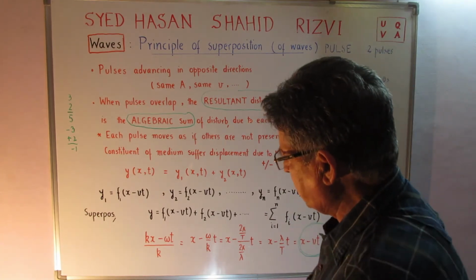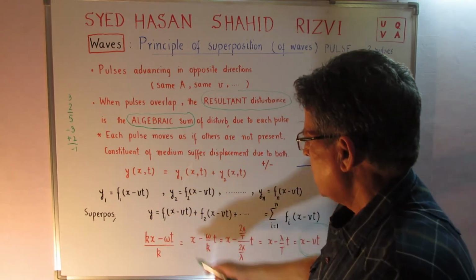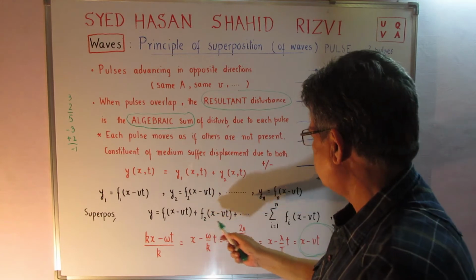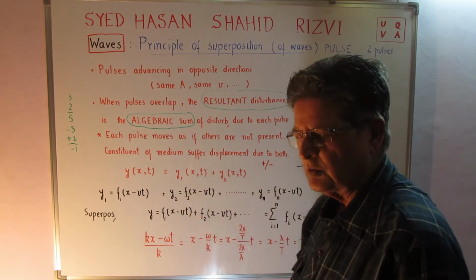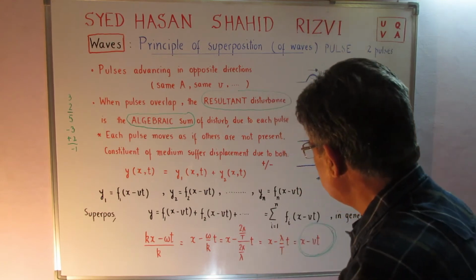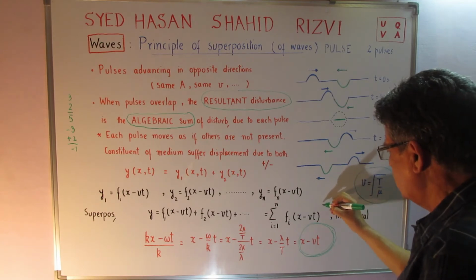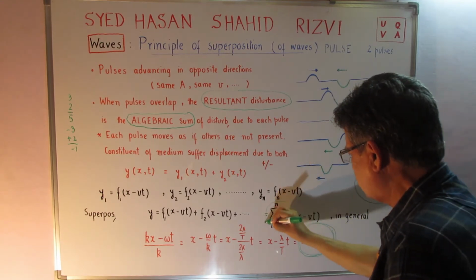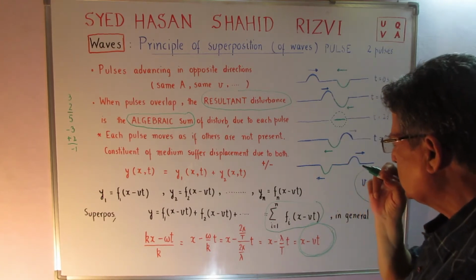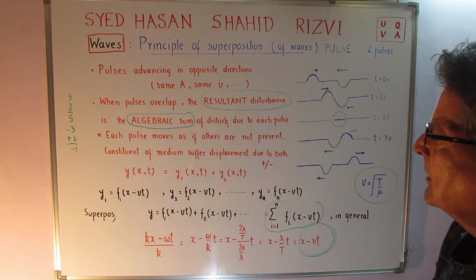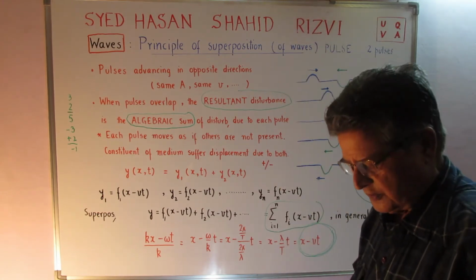So on superposition I can write that the net result y is equal to f1, f2, fn of x minus vt, which briefly I can write as the summation of this thing. Okay. So therefore now we understand the superposition principle, the beauty of the thing,